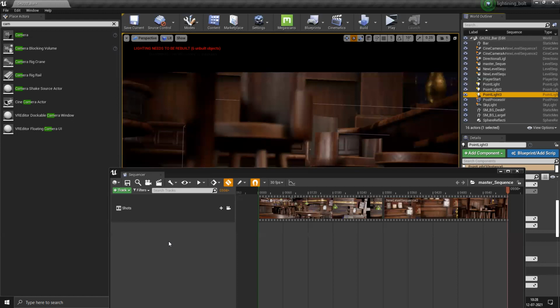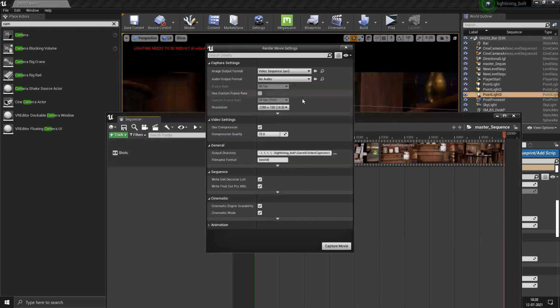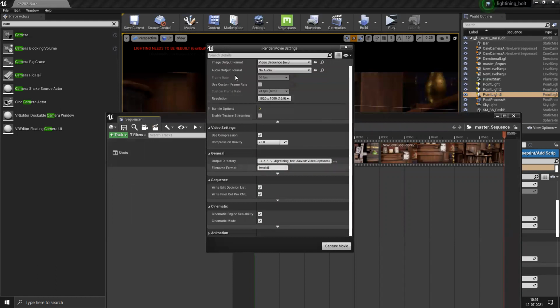You've seen focal length, reduced, increased, all these things, you can modify everything. So once you're done with this, click on this render. It will ask for all the settings. By default AVI, full HD if you want full HD, and do not modify any of this. Compression quality, yes, that is something you can definitely modify, increase the quality.